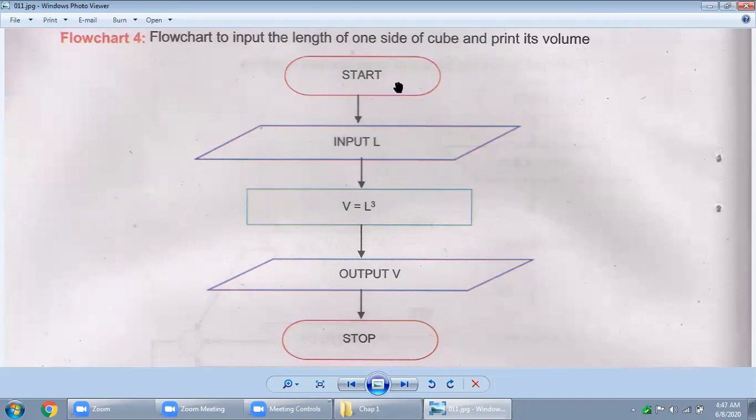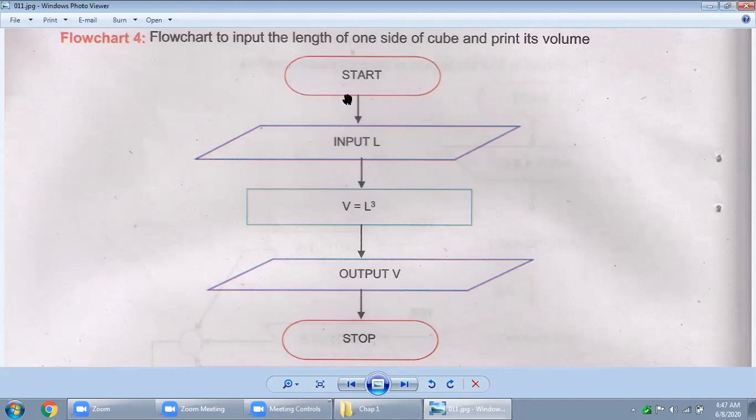Similarly, in the previous one, we did the same. All the things are the same in the flowchart. Nothing is more than that. Start, then input. We have done the input length. You can also assign the value, let's say L is equal to 5. Next, V is equal to, this one is the input symbol.